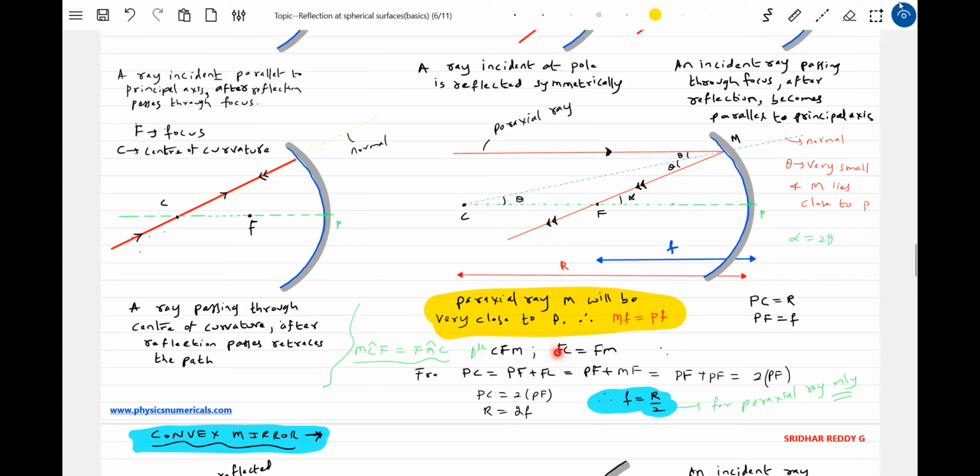What is the distance? PC is equal to PF plus FC. PF, let me keep as it is. Then FC, I can write as MF. What is MF? And we know MF